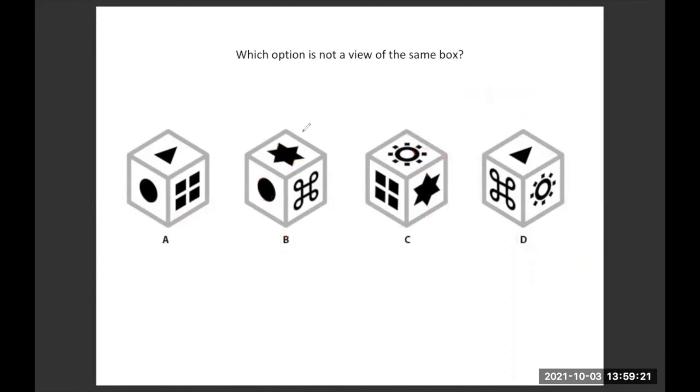So you have to look for the details of the objects. You cannot rely on symmetrical objects. What I mean by symmetrical objects: these 4 squares, the swastika, the circle, they are symmetrical objects. It is very difficult to rely on symmetrical objects and understand which edge will have what. Even the sun is a very symmetrical object.